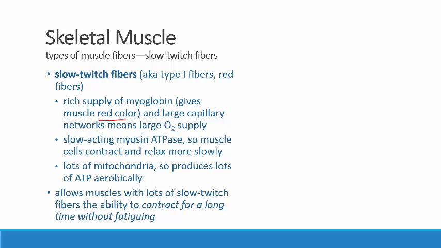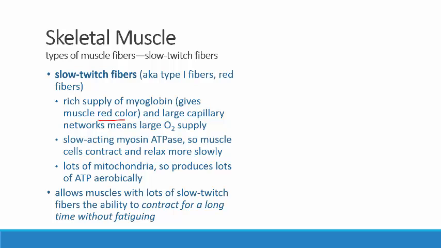But they don't have the capacity to work as quickly as other muscle fibers do. So they tend to, what's the right word? They conserve their oxygen, their ATP supplies,